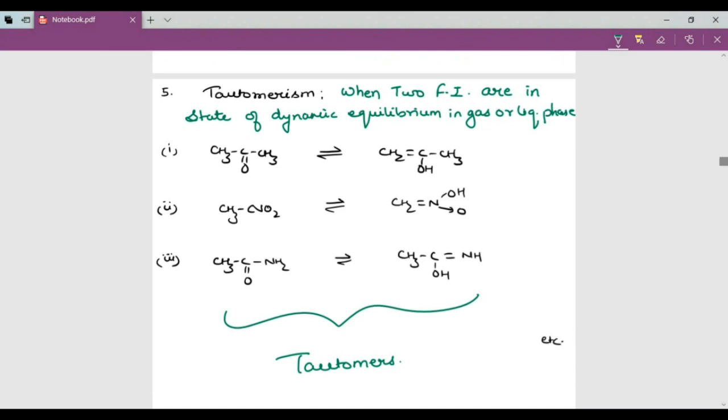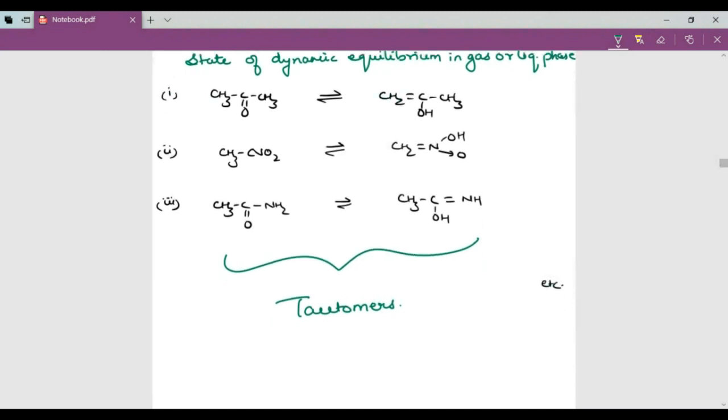Okay, this itself is a very long and separate topic, but just to summarize as per JEE syllabus,